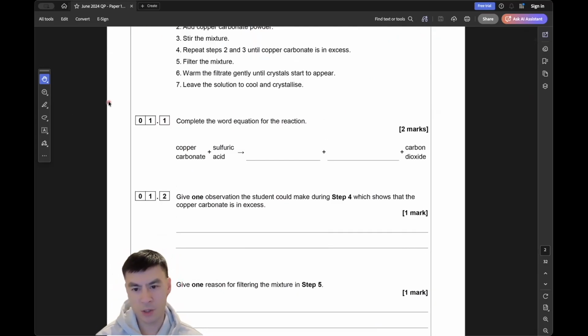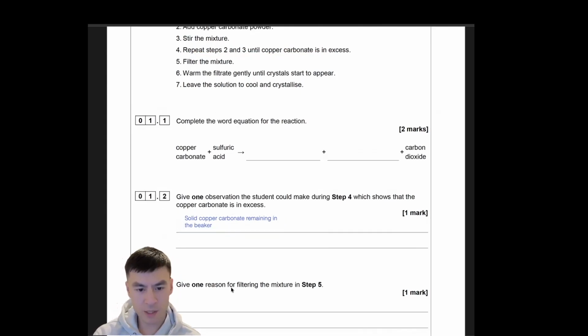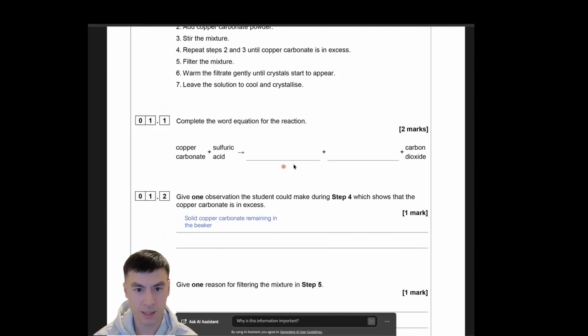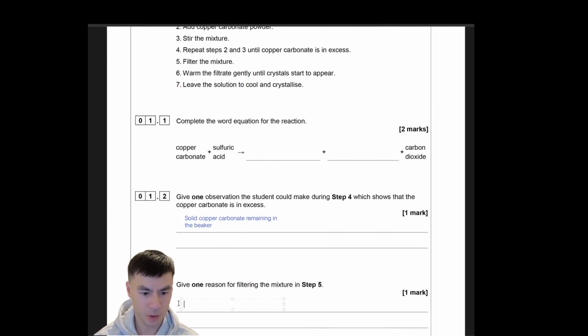Give one observation the student could make during step four, which shows that the copper carbonate is in excess. 咁我哋 step four 係不停咁加 carbonate 落嗰啲 acid 度喎，咁你不停加，咁你加多咗嗰陣時佢就唔會 react with the acid，即係唔會 dissolve 啦。咁即係話有 solid copper carbonate remaining in the beaker。1.3 Give one reason for filtering the mixture in step five。咁你頭先都講話我哋有 excess 啊嘛，係咪？咁我哋有咁多 solid carbonate excess，咁我一定要整走翻佢啦，唔係我之後會 mix 埋我嘅 copper sulfate 啊嘛。咁咪 to remove excess copper carbonate。